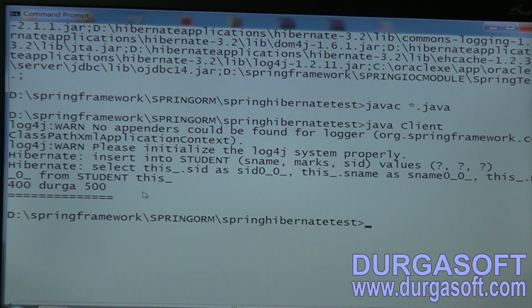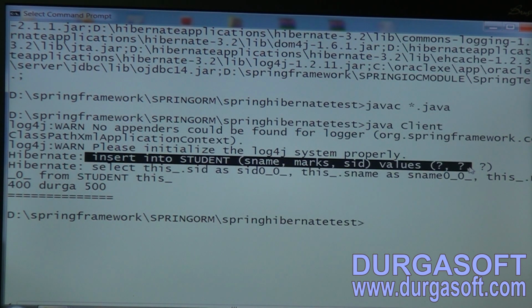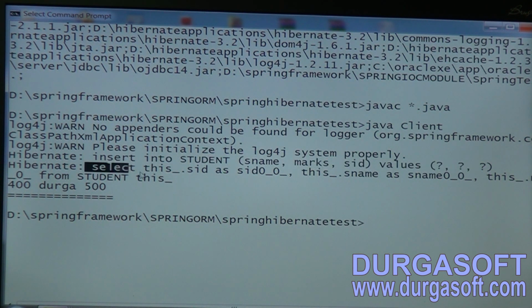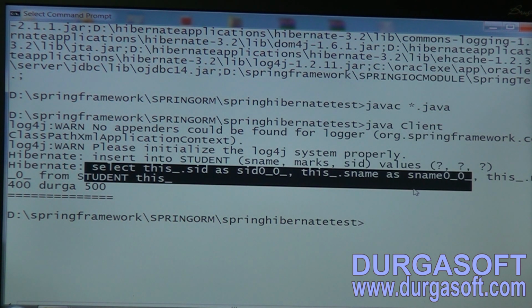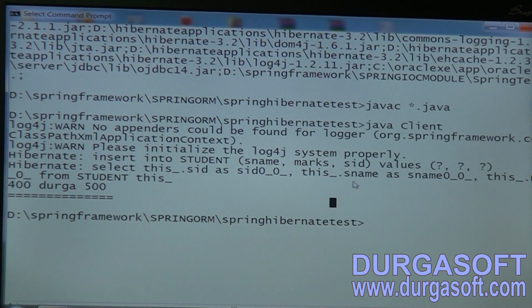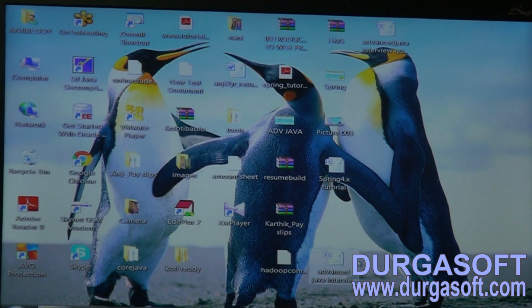Now, this query I am not generating, right? Am I generating this insert query? I am just using the save method, but the framework takes care of generating it. This is the select query. The framework takes care of inserting and selecting queries. This is the way of displaying the record. Inserting and displaying. Now I want to update.